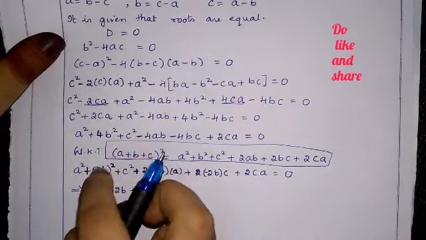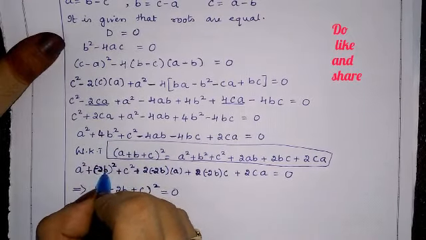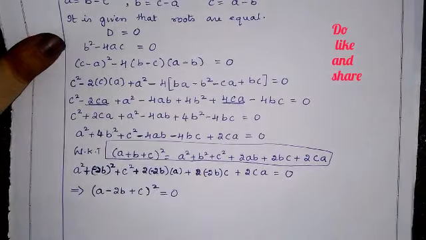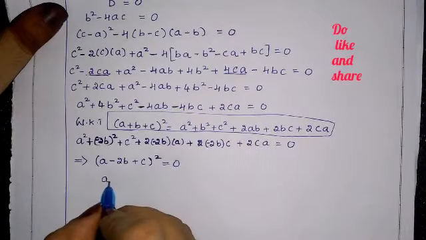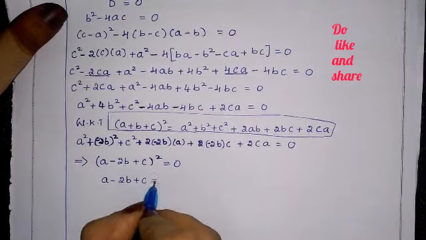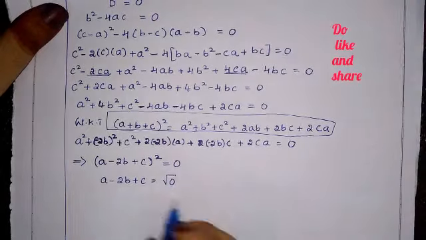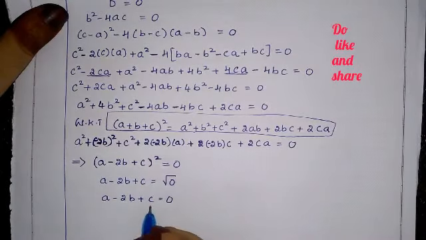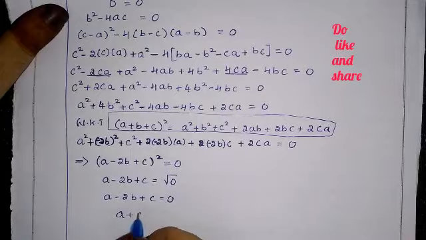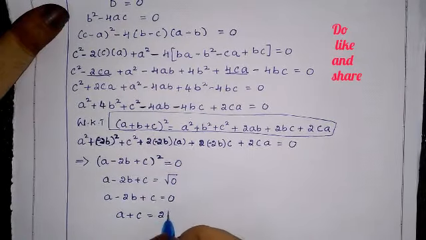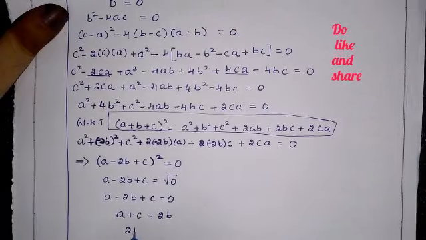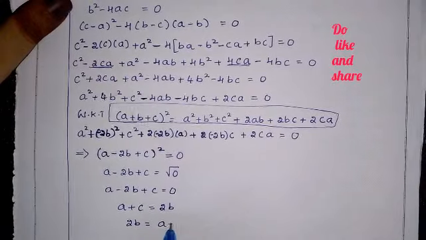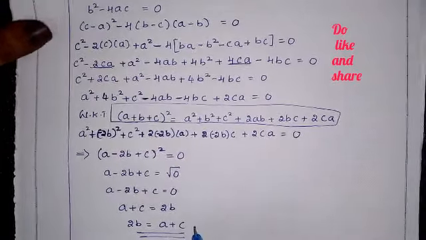So in place of b only we have taken minus 2b to make it formula, because minus 2b square is 4b square only. So now taking the square root, (a minus 2b plus c) square will become root 0, we know it is 0 only. A minus 2b plus c equal to 0. So what they have told us to prove: a plus c, let it be as it is, minus 2b, if I take this side it becomes plus 2b. So 2b is equal to a plus c, only this they have told to prove. So we got the answer.